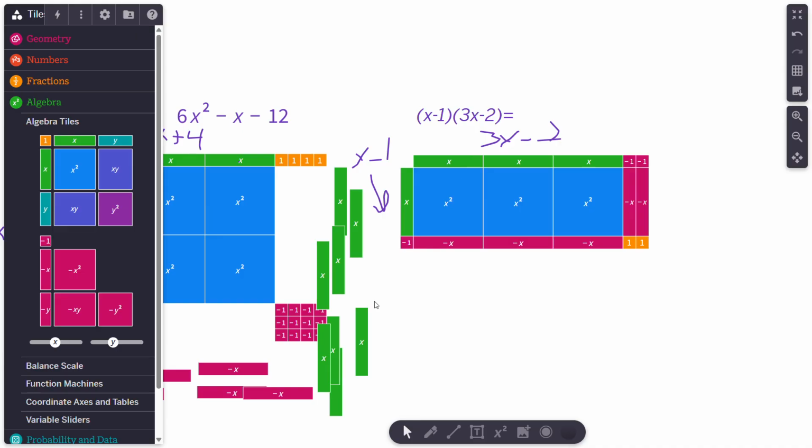And then over here you go negative 1 here times x, it gives you a negative x, negative 1 times x gives you negative x, negative 1 times this x gives you negative x, then you have negative 1 times your negative 1 gives you a positive 1, and again a positive 1. So now when you go to solve this one,